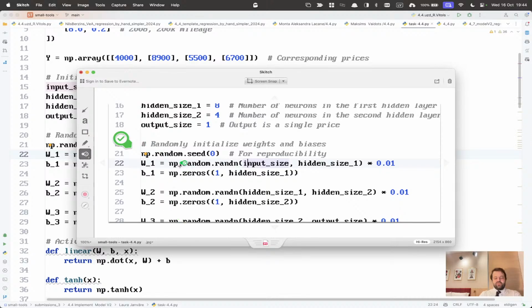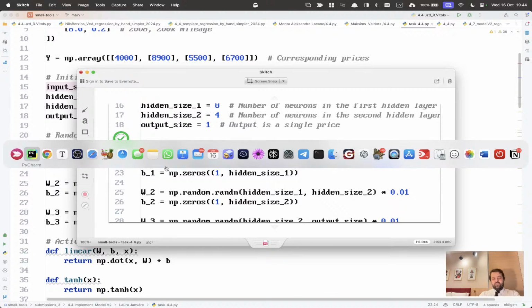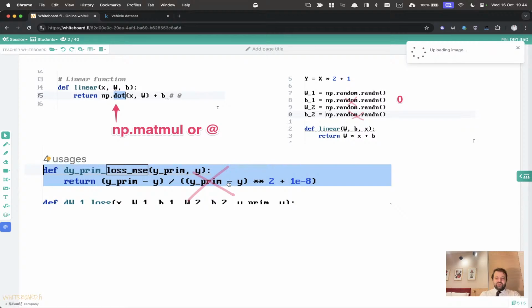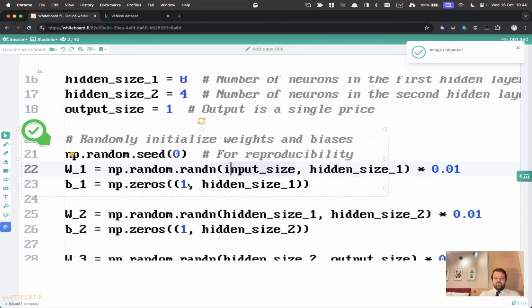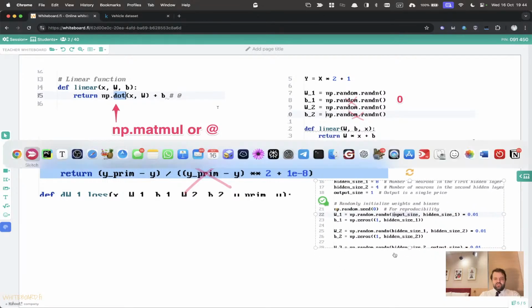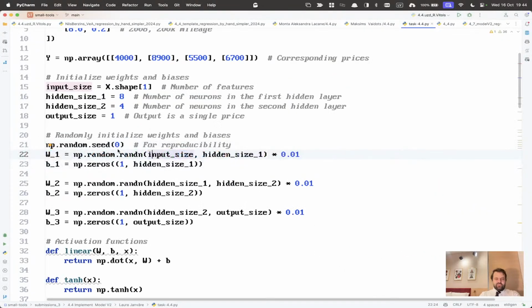So what it means is I'm seeding, so that every time that I run this code, I will have the same random numbers. They are random, but they are just from the same seed. Yeah, this is very useful. We use that all the time in machine learning, because machine learning is often based on very random stuff for the initialization. If I want to compare, this is not bad at all. Also the shapes,